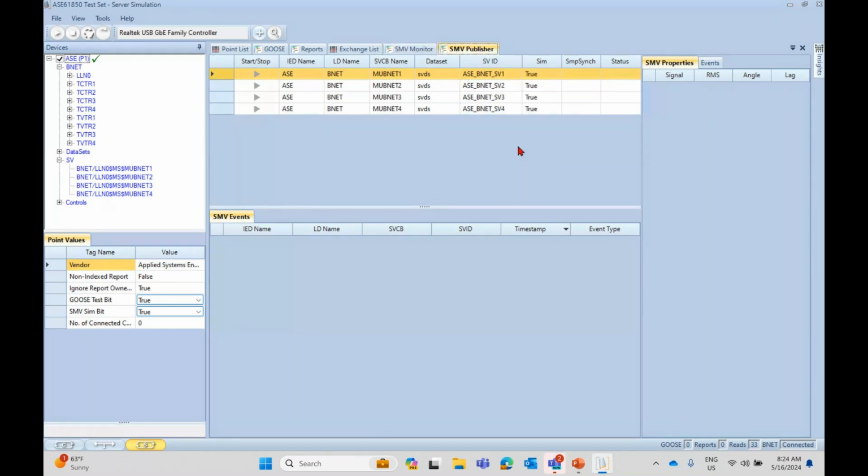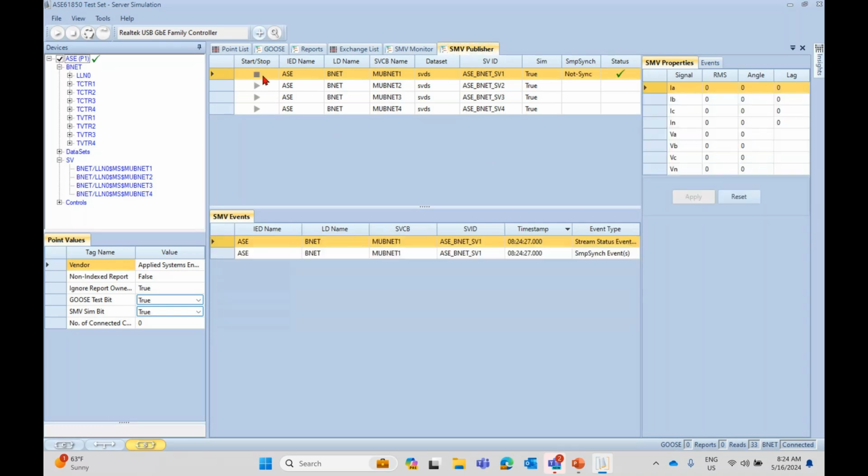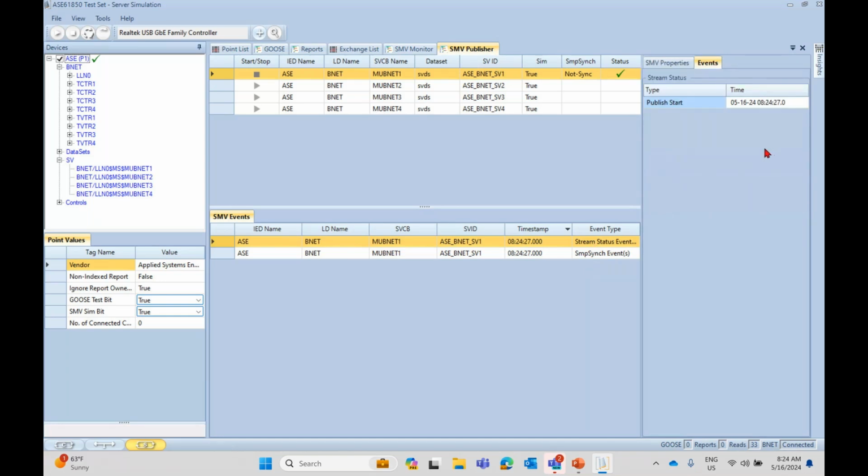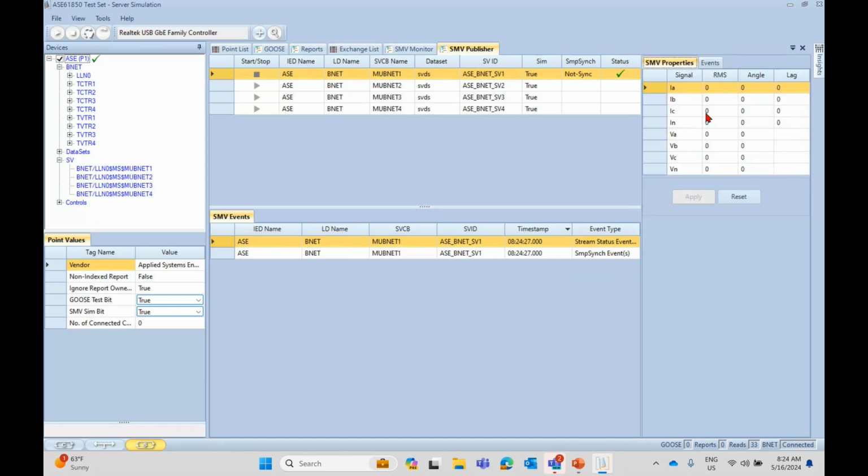So to start the demo, I will run the publishing, and you will see a few events here saying that the publishing has started. Right now you can see that these sample value streams are being published with the 0 values. If you don't specify any value, then I'll give some dummy values